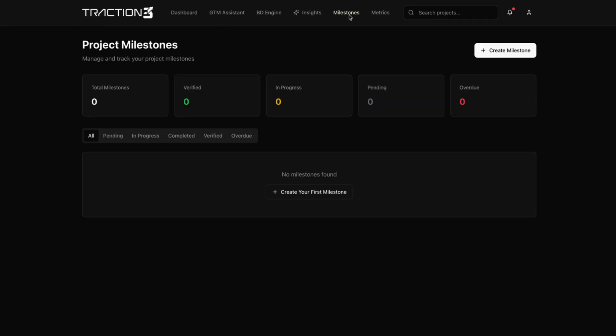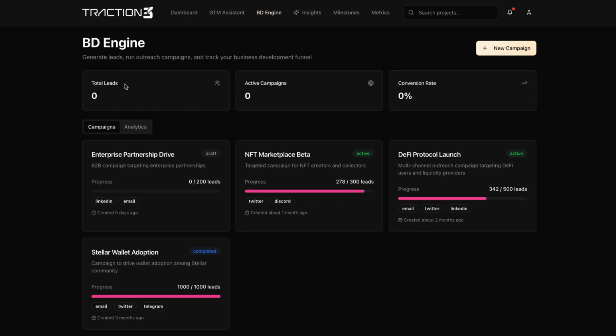A killer feature we also added is the milestone feature, where projects can actually create milestones and the SCF managers can track these milestones from their own dashboard. We have a BD engine, more like a growth CRM engine, where